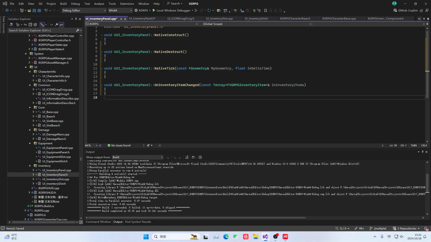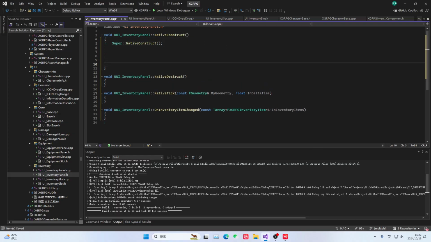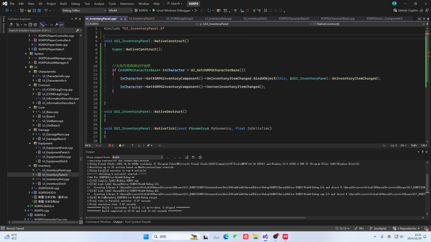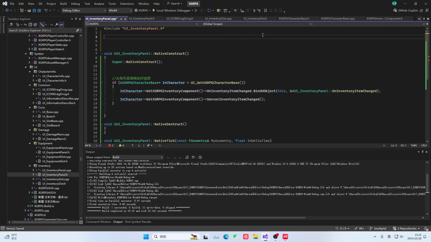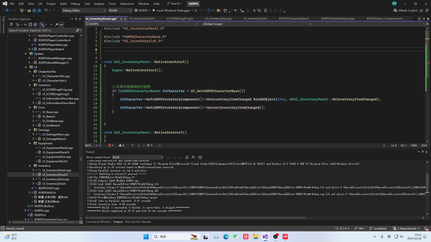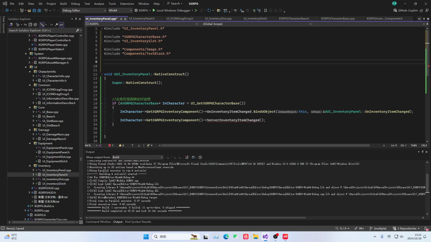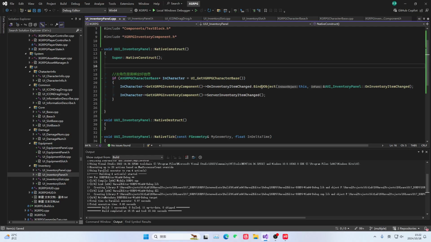In this constructor, we first call the parent class constructor. We must call it because it's often missed. Then we directly get our warehouse component. Then we just bind it directly. And here we need to include the header file. Include the character class and our backpack slot and the corresponding magic or ticks that might be needed and our warehouse component. This way, we can smoothly bind this thing. Then after we finish binding,